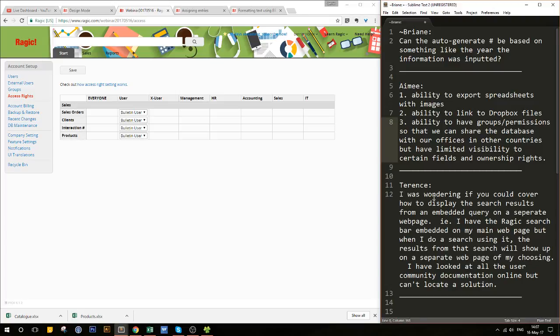Terrence is asking if we could cover on the webinar how to display the search results from an embedded query on a separate web page. So, Terrence, I'm not sure if you're here, but I'm not really sure what you're trying to do. There is a search bar embed, and there is a listing page embed, and these don't really work together that well. And I've actually put in a ticket earlier this week because someone else was asking about this,